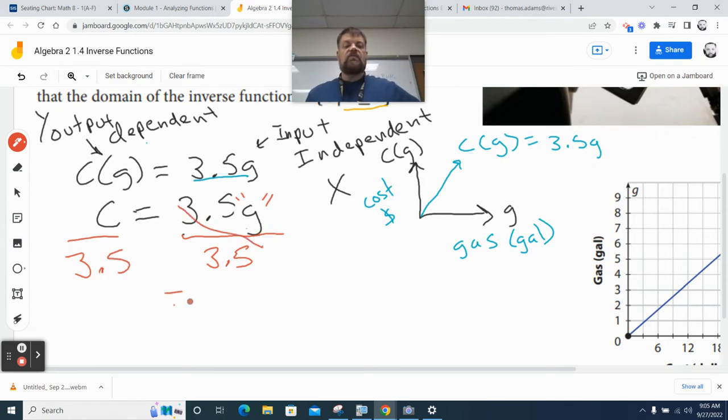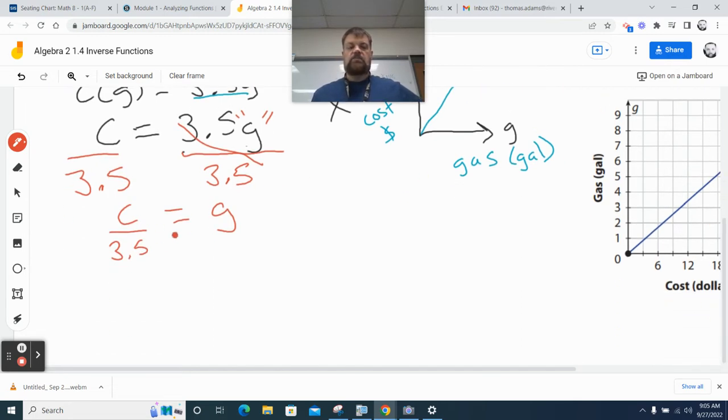3.5 divided by 3.5 is 1. 1 times G is G. And then over here I've got C divided by 3.5. Now there's one last step for that, and I'm going to flip it back around. Take the G and replace it with inverse function notation. In other words, I would say C inverse of G is equal to C over, oh wait,